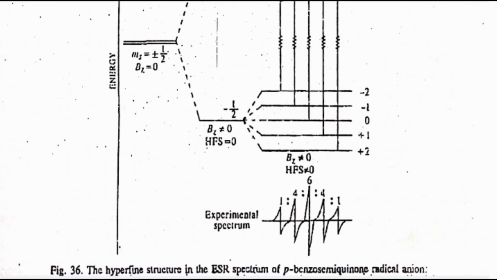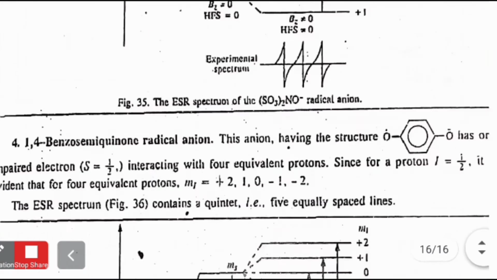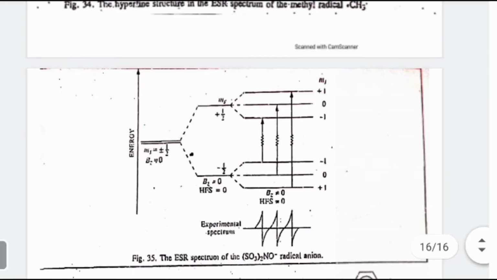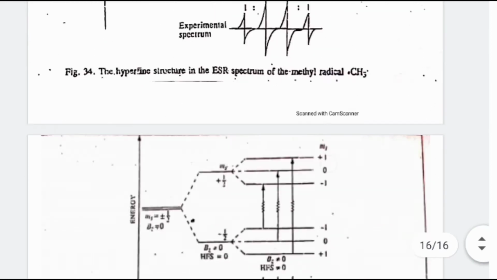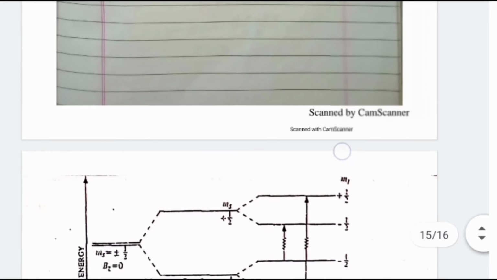If you know how the splitting pattern occurs in NMR spectroscopy, you will easily understand how this experimental spectrum looks, and you can also predict the intensity ratios using the Pascalian triangle. But for non-Pascalian behavior we need to consider the spectrum intensity as the reference. This is another compound. We have also seen naphthalene and anthracene: for naphthalene we get around 25 lines, and for anthracene we get 75 lines in total.